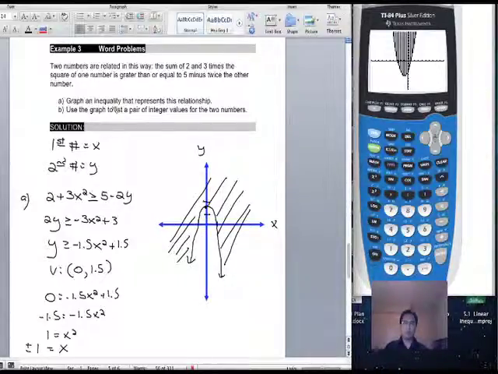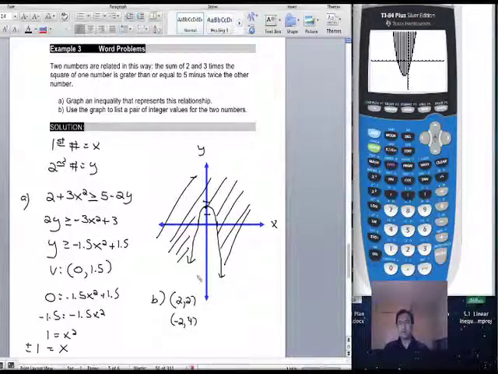And for part B, it says use the graph to list a pair of integers for the two numbers. So these are all these possibilities. Anything that's up in the shaded area here would work. So for B, what would work? 2, 2, negative 2, negative 2, 4. All you have to do is pick it out of there. Okay. Try the example on page